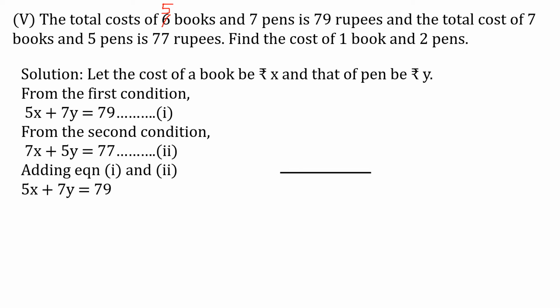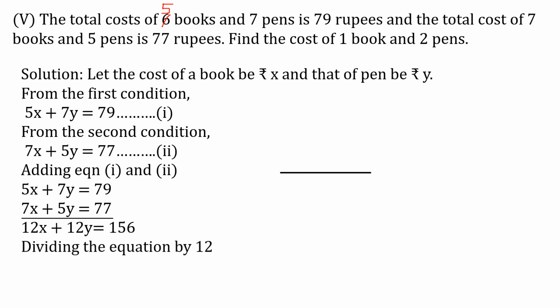You write down both the equations, that is 5x plus 7y equal to 79 and 7x plus 5y equal to 77. When you add, students, you will get 12x plus 12y equal to 79 plus 77, which is 156. Now all the terms of the equation can be divided by 12 to make it simple. So we'll divide the equation by 12. You will get x plus y equal to 13. Call this equation number 3, the new one. I said that if you frame two equations where the coefficients are just interchanged, you follow this method. So we have done adding and got the new equation x plus y equal to 13.